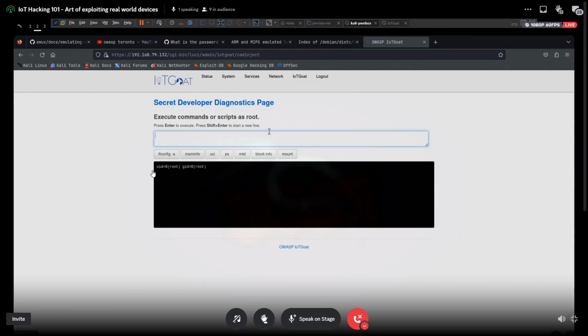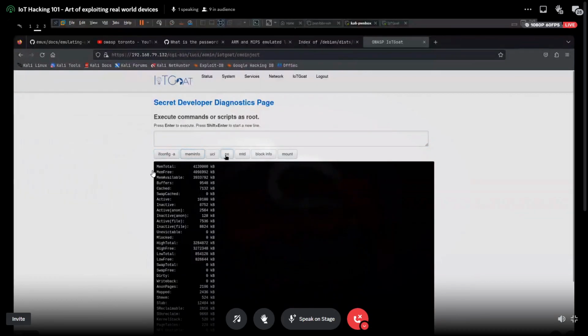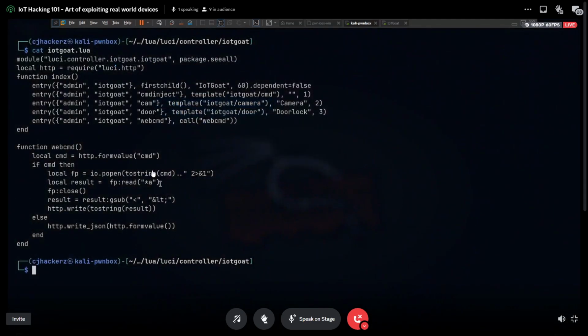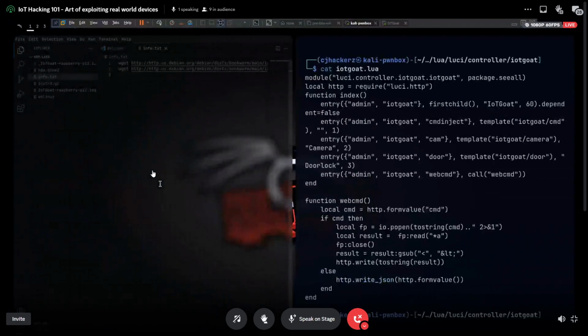It's a very simple CTF challenge. It's nothing special over here. So yeah, this is the whole thingy. And this was not anywhere. This is the secret developer diagnostics page, which you found through a simple forensics task, not reverse engineering, which was extracting the firmware using binwalk. That is the first thing done.